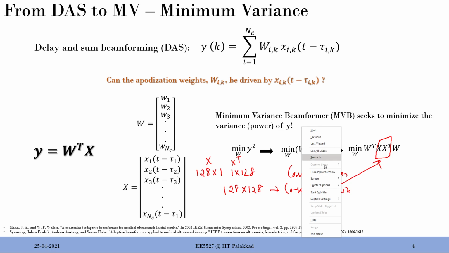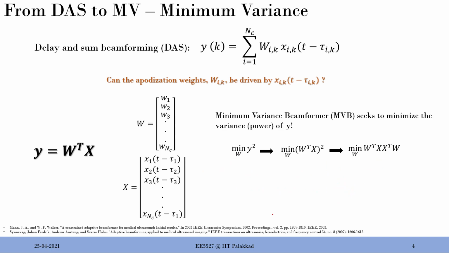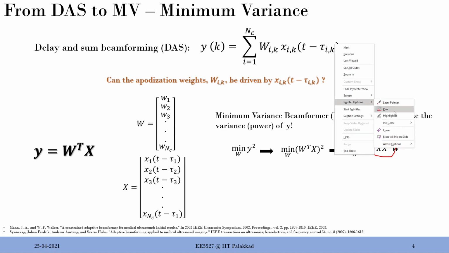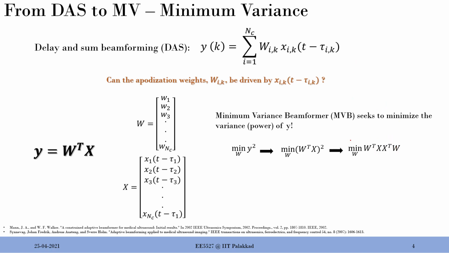It is as simple as the correlation that we were doing in DMAS. It's very similar to that, but here we are doing auto correlation also, and then x12 and x21 are all calculated. That's why we have a 128 cross 128 matrix to start with. I hope it's pretty clear. Let me call this matrix R, and you can always think of it as a covariance matrix. We'll go to the details of calculation of that and some signal processing approaches to make it robust later.